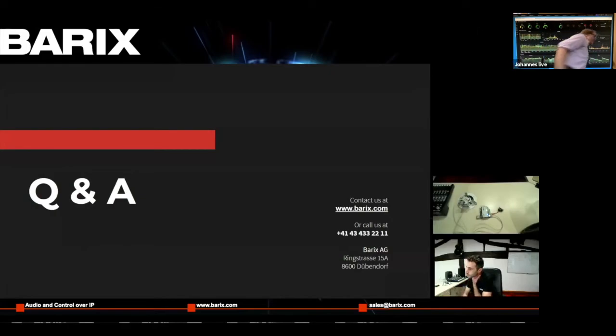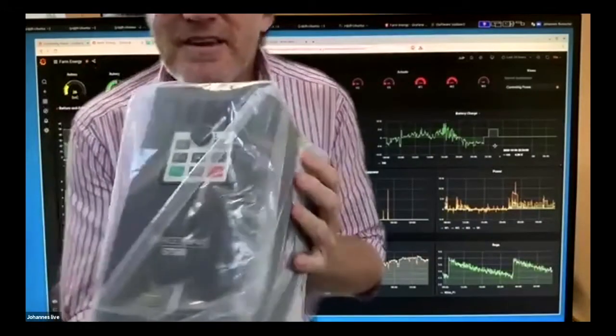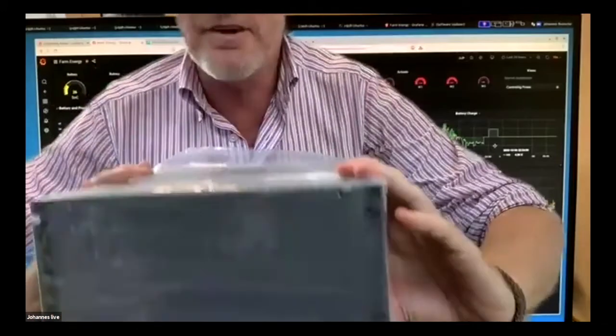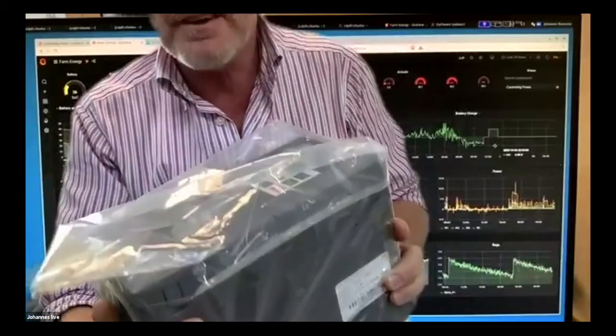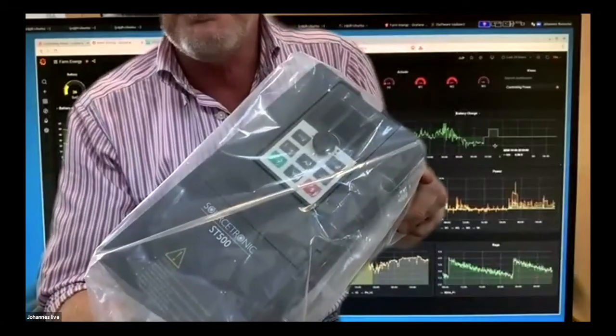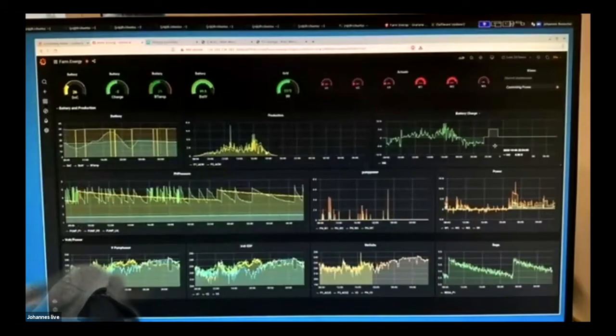And I know, just get off and put that up in your face also. This is the heavy stuff to control. If you can see that, that's a big box, right? And that's a frequency drive for motors. For 7 kilowatt pumps. So if you get into optimization,